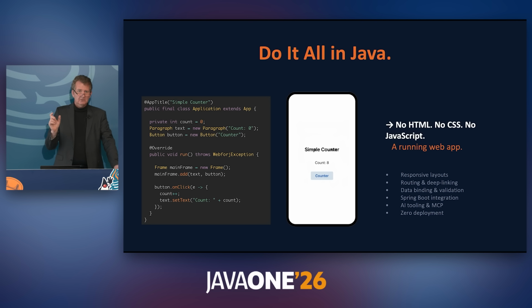And this is going to be compiled into a WAR file by default, which you drop into a Jetty or a Tomcat. And when the user visits that URL, the framework scaffolds the app in the browser, it renders the UI, it creates the button, it creates the text with a JavaScript thin client, and it also then responds to the events. And when you click that button, it's basically finding that event listener on the server in the Java code